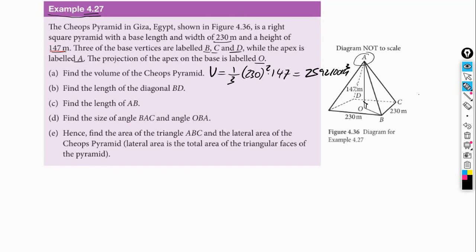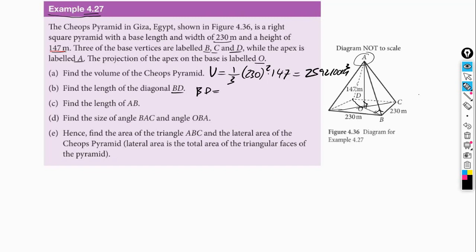Okay. Part B says, find the length of the diagonal BD. So BD would be this diagonal here. But notice that since this is a square, it's the same as this other diagonal, right? And we can find that using the Pythagorean theorem because this is a right-angled triangle. So that means that BD